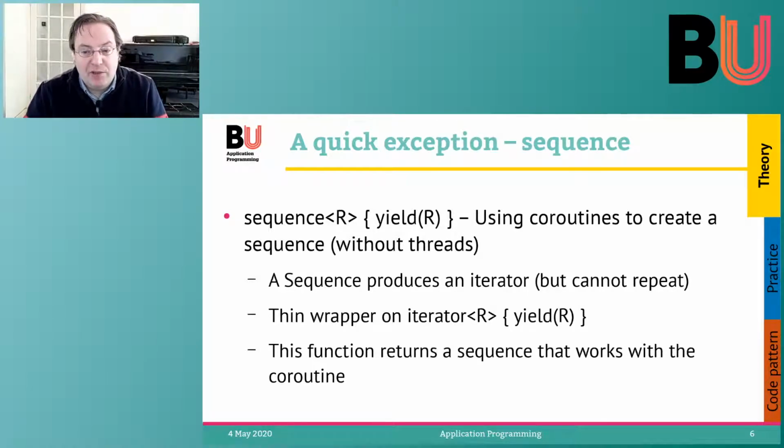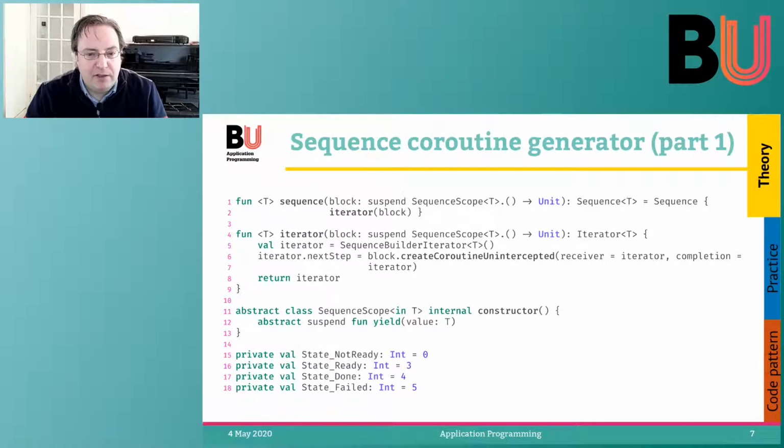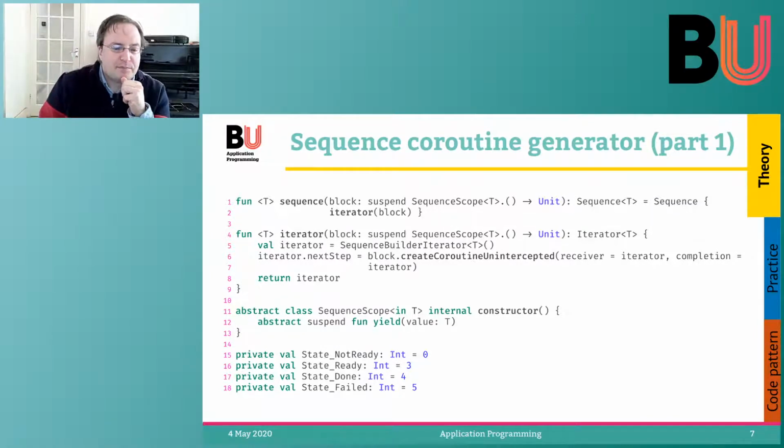So how is this actually implemented? I have here a shorter version of the actual implementation of this code in the standard library. I ripped out all the comments and stuff like that because it's slideware. We cannot fit everything on the screen, unfortunately, if we put the complete code there. Basically, we can see that sequence is implemented merely as